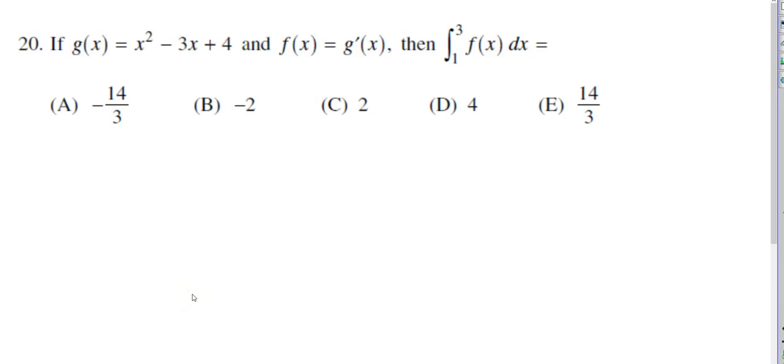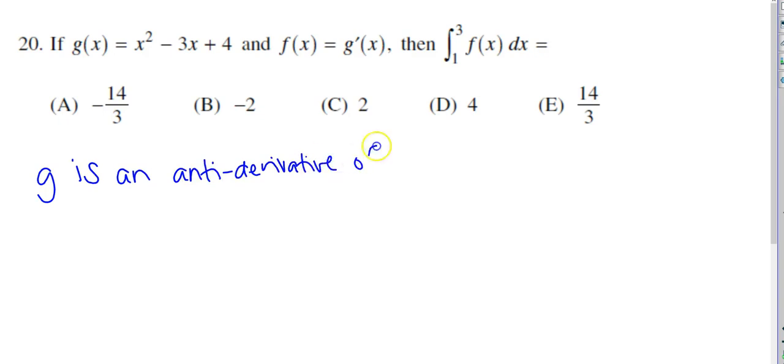All right, question 20. It says we were given g of x, and then it says that f is g prime of x, and then we want to find this definite integral. So f is the derivative of g. That means that g must be an antiderivative for f. Let's write that statement. G is an antiderivative of f. So if I want to find this definite integral of 1 to 3 of f of x dx,